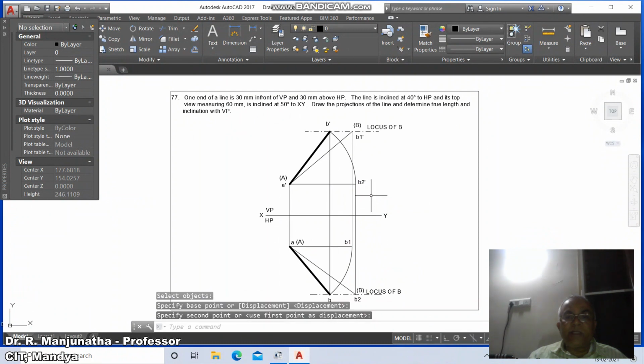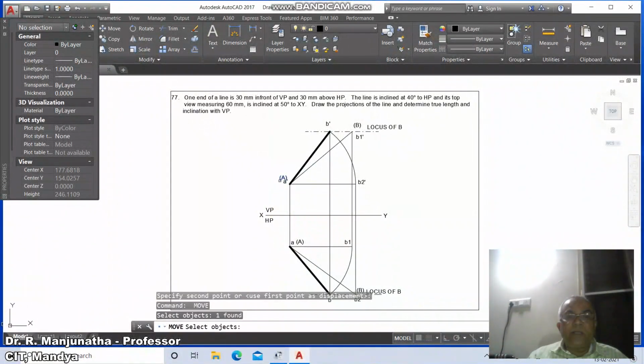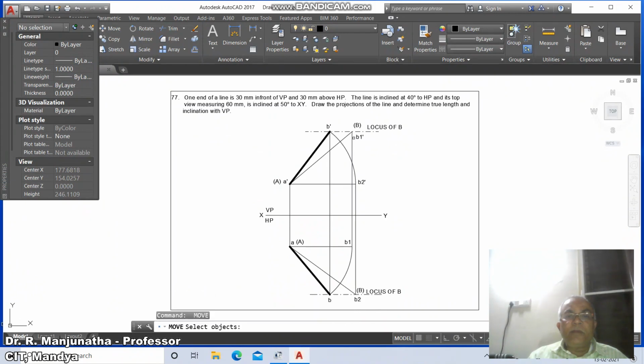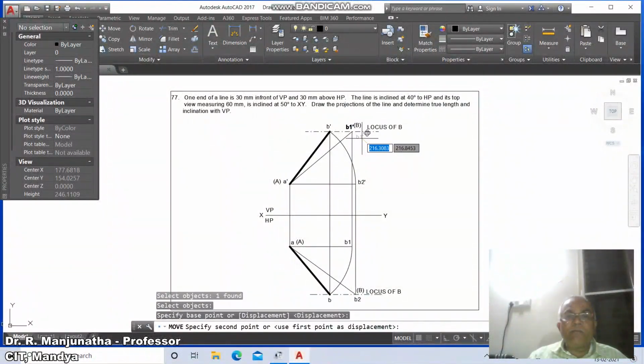Then this is B2 dash. So you take A dash, you take capital A here, then go to B dash, then go to B1 dash, then go to capital B, and this is locus of B.